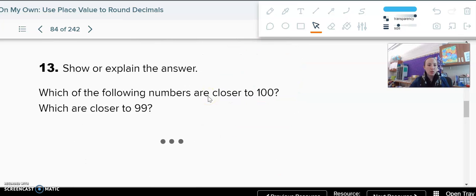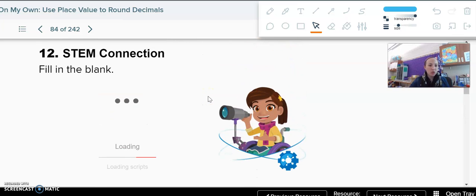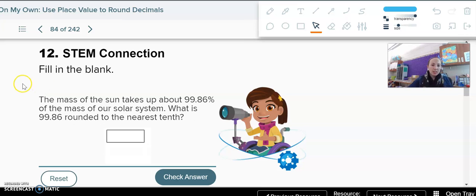All right, I thought this was an interesting STEM connection. The mass of the sun takes up about 99.86% of the mass of